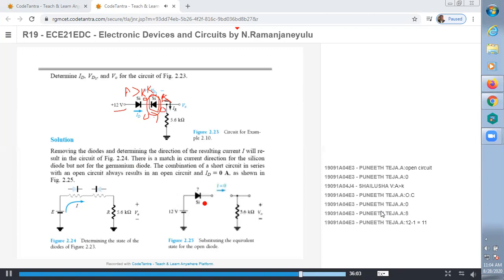So now the equivalent circuit is this. Now draw this circuit here. Why? Because the second one is an open circuit, because the second diode is in reverse bias. So the total current in this loop is equal to 0. When the current is 0, ID is equal to 0, VR also 0. Remember this, right? Due to the second diode in opposite polarity, it behaves like an open circuit. It is a single loop series circuit, so the current is 0 and the voltage is also 0.